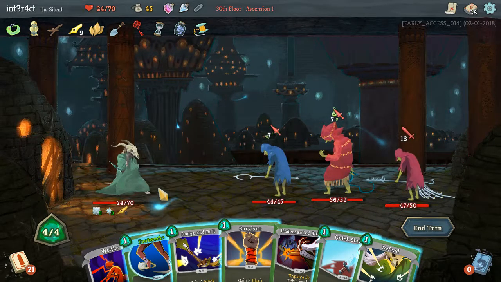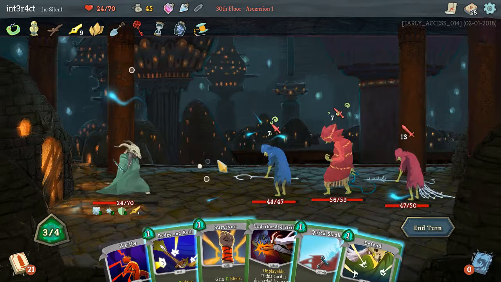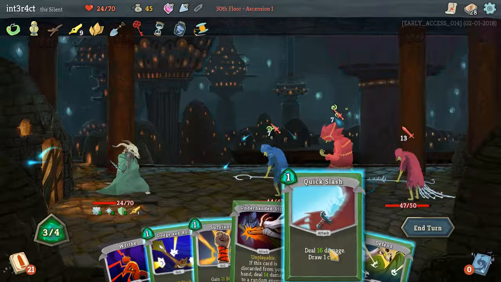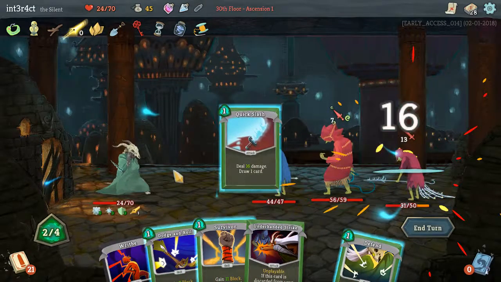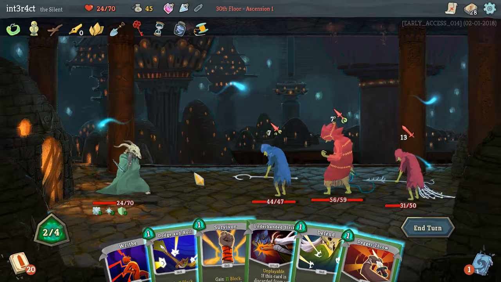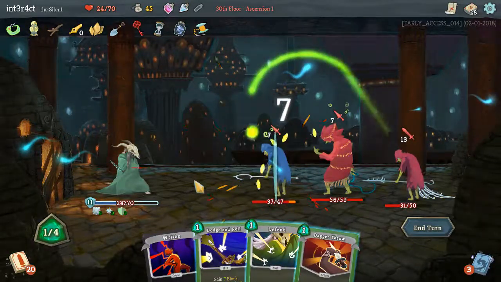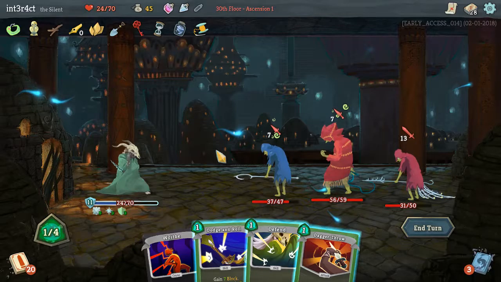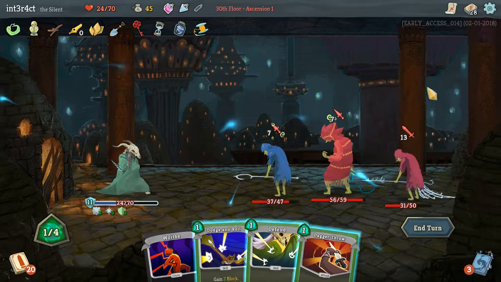Okay, so we have Pen Nib here. That is an attack, oddly enough. I think we're going to start by Quick Slashing. Okay. I think we Survivor the Underhanded Strike. Wish it had hit that guy. So 16 block right now. They're attacking for...